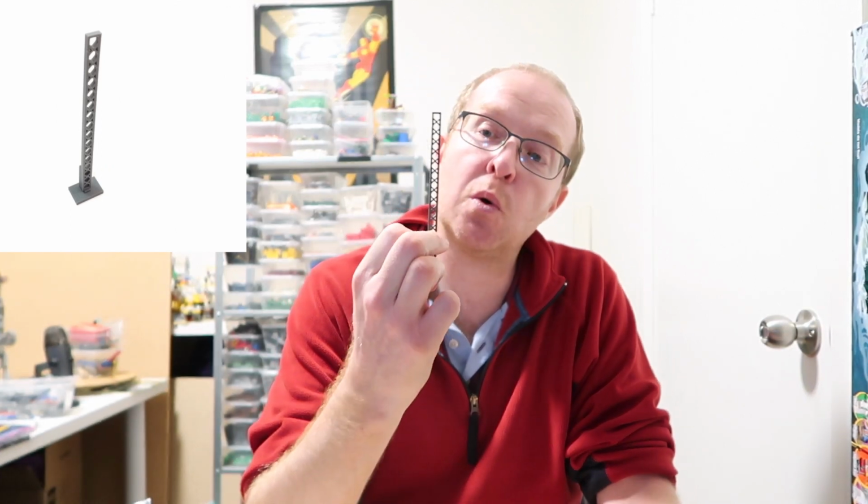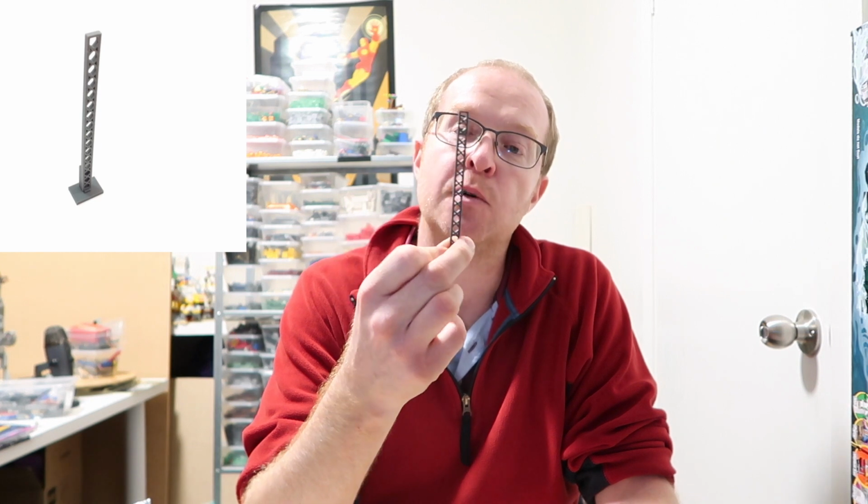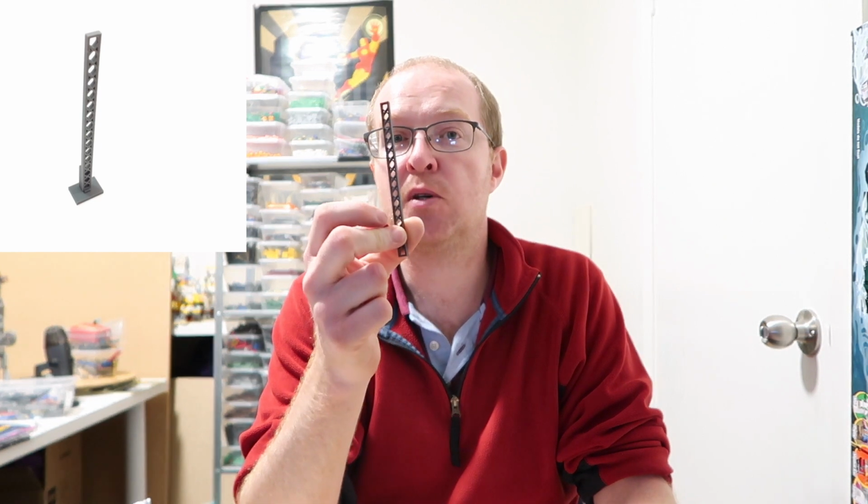Now, I've got three super interesting pieces left. Which one am I going to do first? I'm going to do that one last because that's the big one. Now, next up I've got these. Anybody who built Lego yesteryear will recognise that as being something that used to be used in Lego train